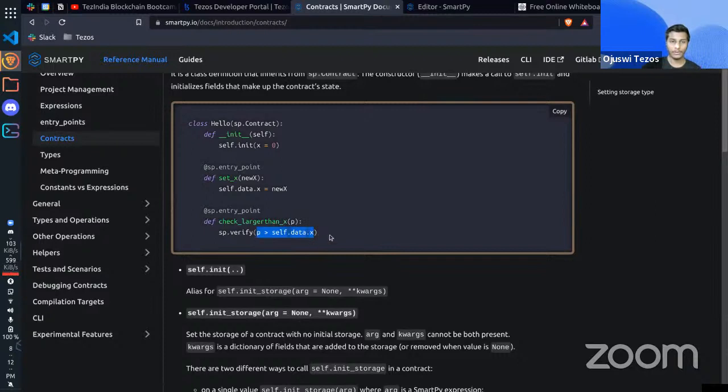But if this expression is false, then the function will stop executing and the transaction will revert back and fail. In simple words, it will fail. So this is how you can check permissions or write some if statements. For example, if you are making an authenticated system where you have written some functions which only some authenticated people can call, in that case, you can use sp.verify to check the addresses of the caller, and if it's equal